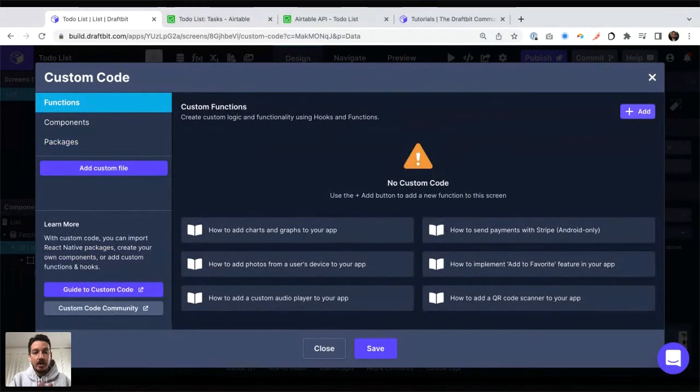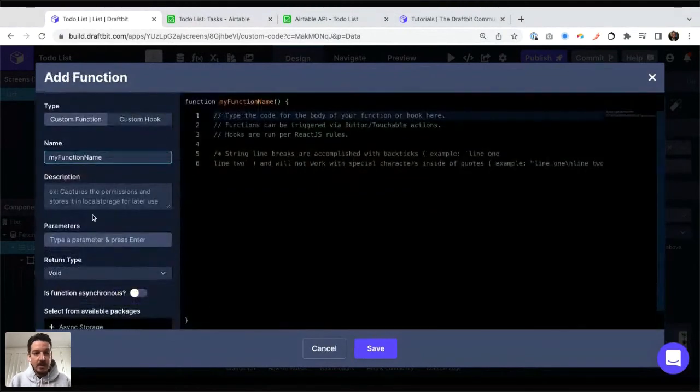So I'm going to create a custom function, and I'm going to call it sort by date. We can always rename it later, so let's not worry too much. The very first parameter I'm going to get is the array. It's the list of all those records.